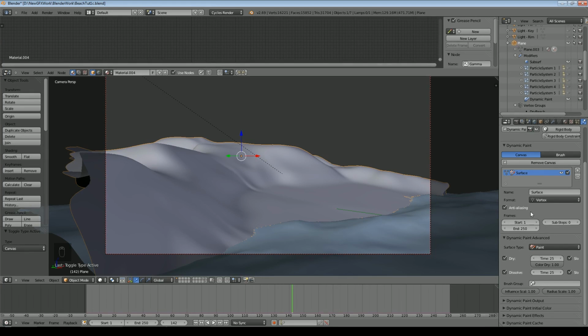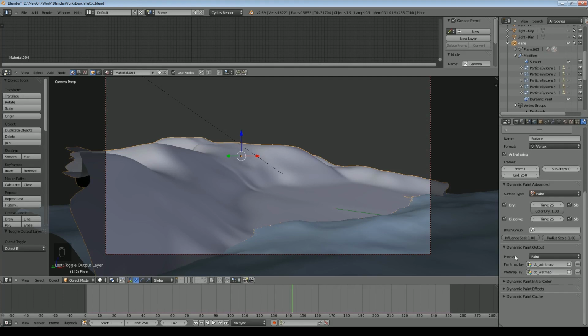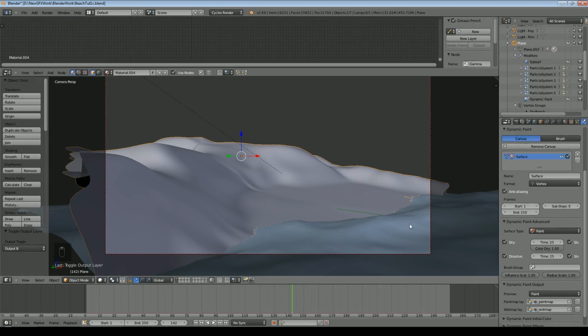For the dynamic paint output, you need to click this little plus, and I used the wet map as well. And there are obviously other things you can use like spread and so on if you want it to seep into the sand. But that's fine for the beginnings of our dynamic paint, and it's worth noting these names down here. So now we select our